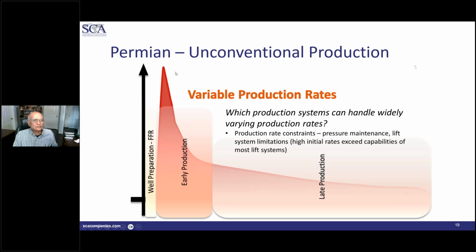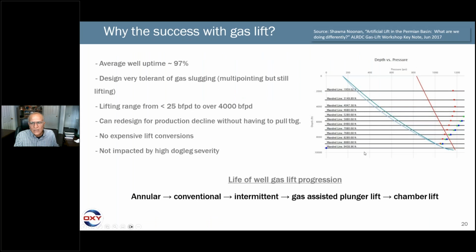In earlier days, ESP was being utilized a lot in this area where the production was very high. But with the drop in the production rate, operators had to change out very quickly, either to a lower size ESP or to another lift method. Gas lift, as we'll see very soon, allows them to move from a high rate, which could be as high as 5,000 plus barrels, down to almost 100 or even fewer barrels of production. Let's look at